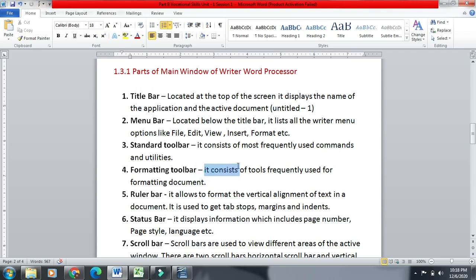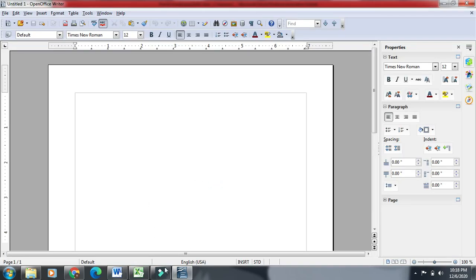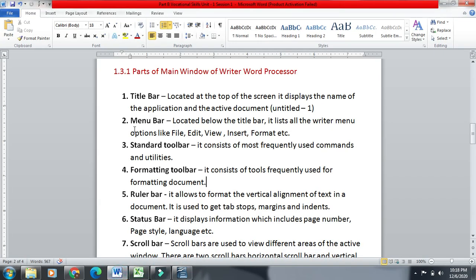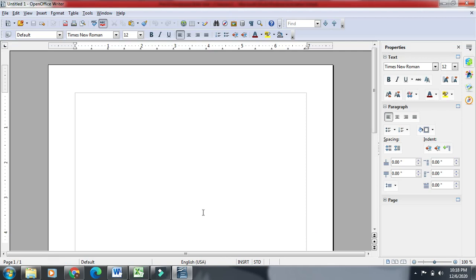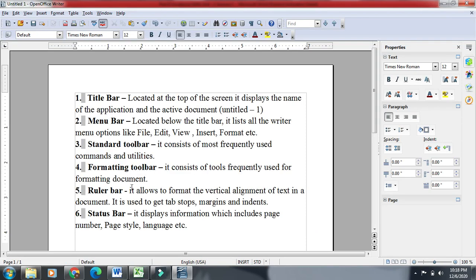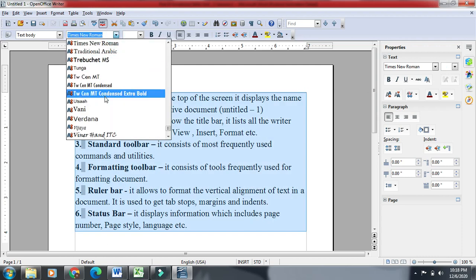It consists of tools frequently used for formatting any document. Suppose if we create one document, suppose I am copying this one, these things here. So this is my document. If I want to do the formatting, if I want to change the style, I can do this from here.